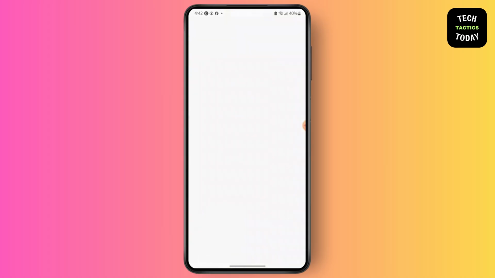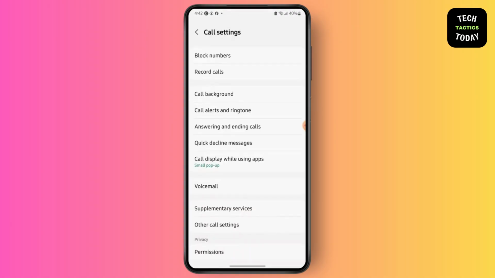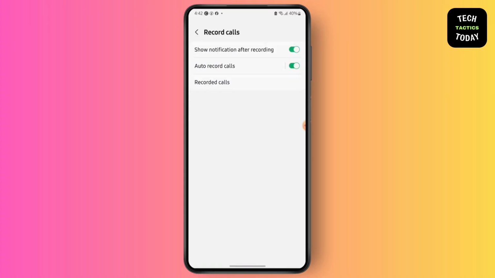First, go to your phone application, then tap on this three dot. After that, go to settings. Now you will see an option of record calls. Go over there and then make sure you have enabled this auto record calls button. Also enable this show notification after recording, and after each call that is recorded you will get a notification that